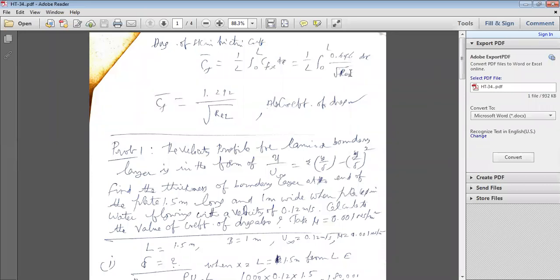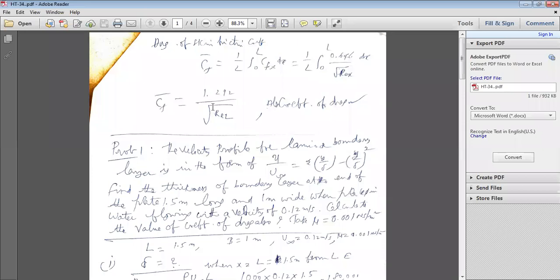And here x to the power of minus half, the square root of x: you have to take 1 by square root of x and integrate it, x to the power of minus half. After integration you have to substitute the limits L and 0, and finally you will get Cf bar equal to 1.292 divided by square root of Re_x, which becomes Re_L after substituting the limits. After integration, after substituting limits 0 and L, and finally dividing by L,